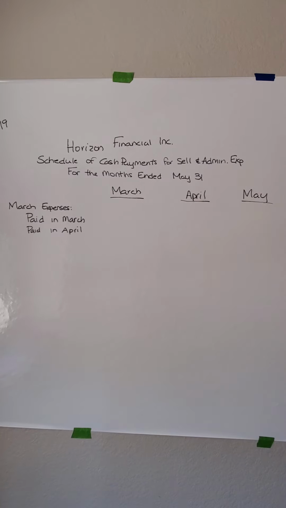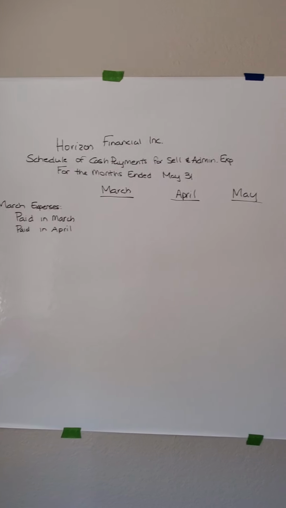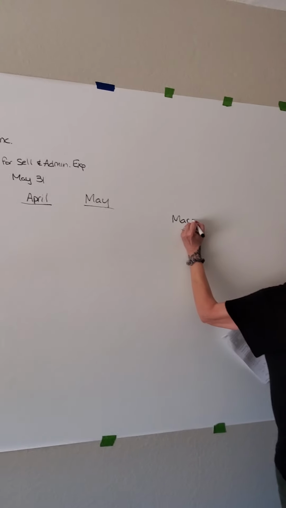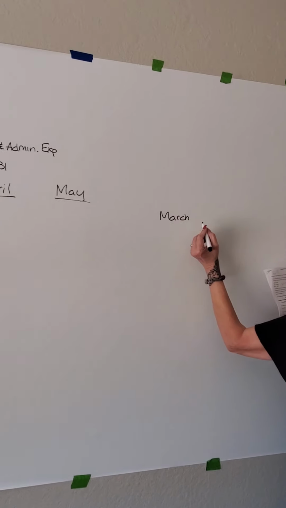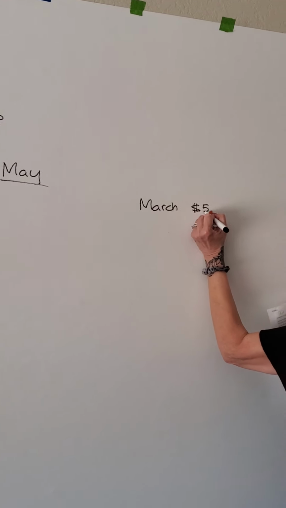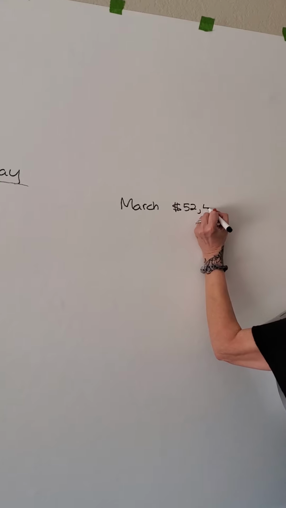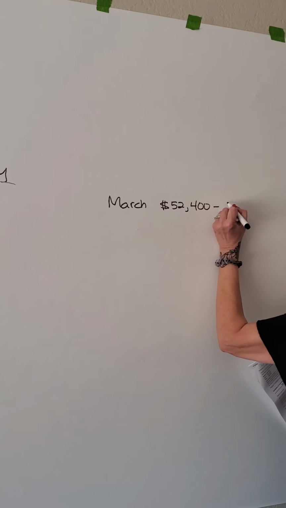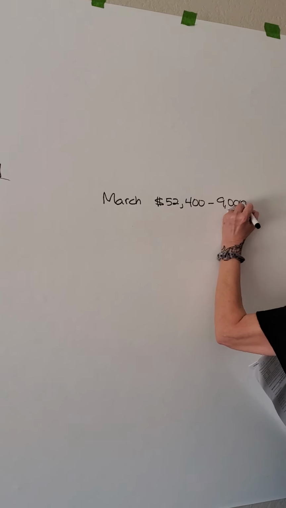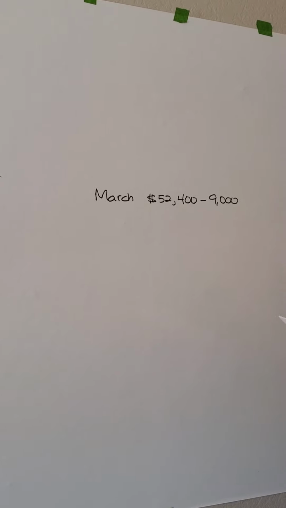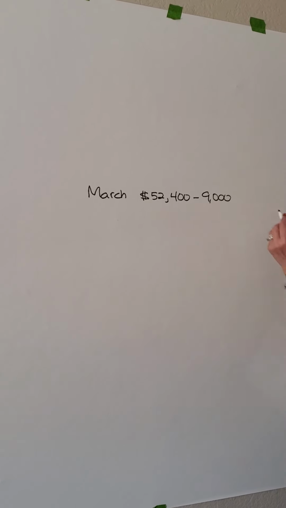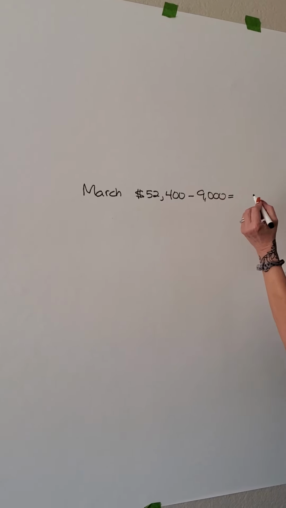So remember what I said. If we're looking at March expenses, they tell us that the March selling and admin expenses are $52,400. We're going to subtract the $9,000 of non-cash or the cash was paid in other months to get total cash expenses of